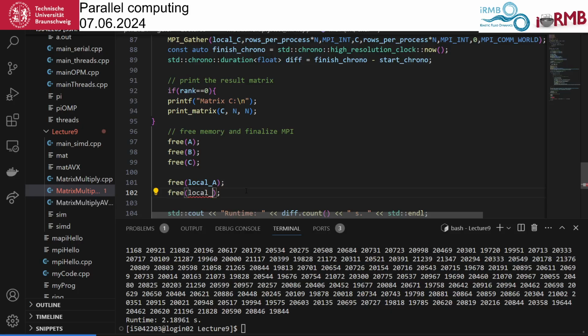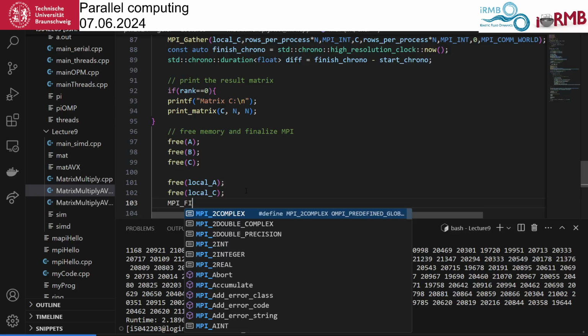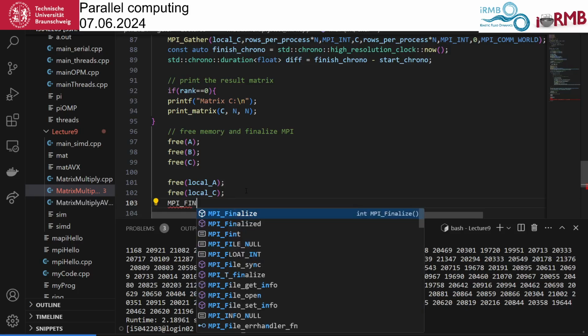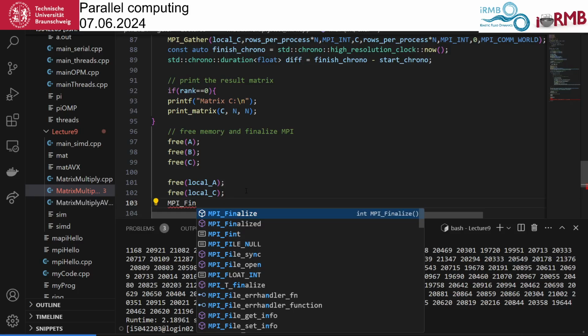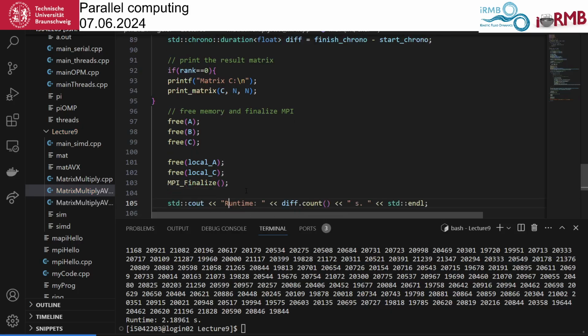It's not B, it's C, right? Yes. So then MPI finalize. Right, and then we should actually be done.